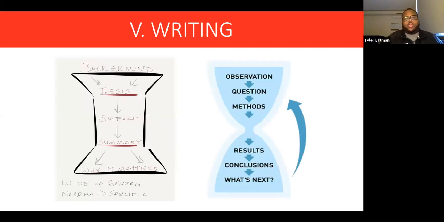Next is the writing component. So we talked about all this planning. Now let's talk about actually doing this writing. So when trying to write this like 5-paragraph essay, make sure that you still have this hourglass structure. And all essays should manage this hourglass structure, whatever topic that you're using for. So on the left-hand side is more for things like our analytical, expository reading assignments. And then on the right is more for our argumentative or any like science papers that we have to do. That is helpful.